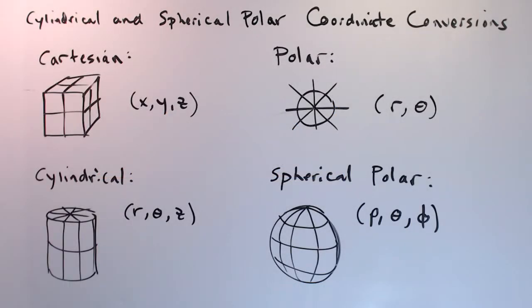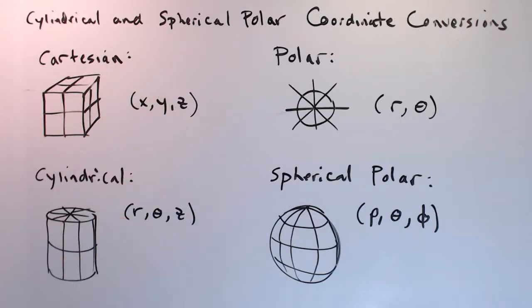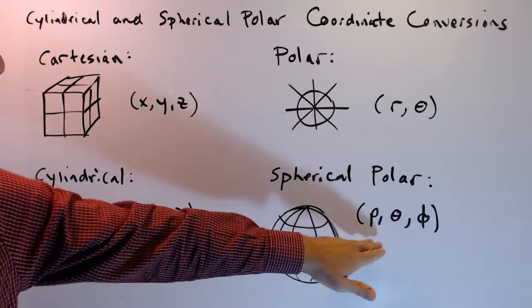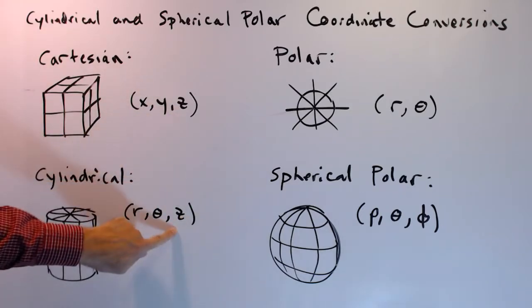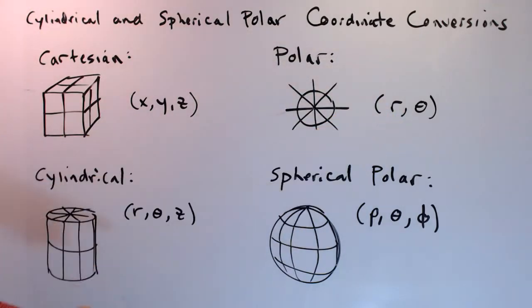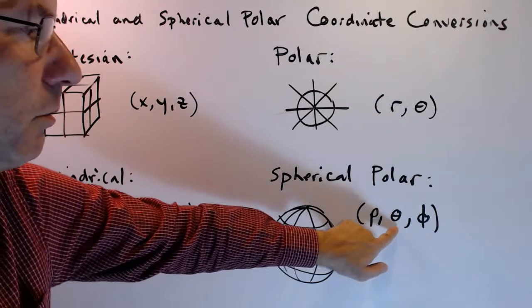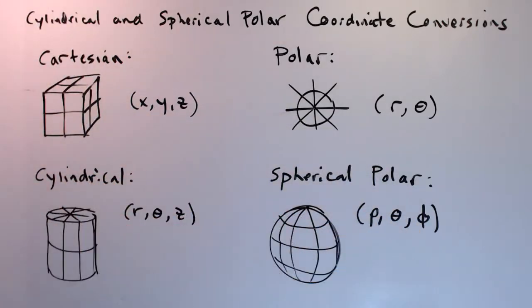So here we have 4 coordinate systems. Cartesian coordinates, x, y, z, polar coordinates, r and theta, cylindrical coordinates, r, theta, z, and spherical polar coordinates, rho, theta, phi. Now, all of these variables are consistent. So this z is the same as this z, this r is the same as that r, this theta is the same as this theta, which is the same as that theta, and x, y, rho, and phi are all